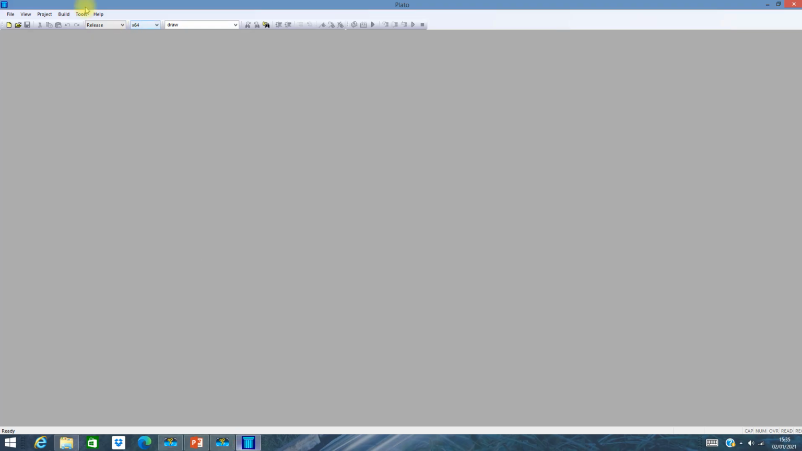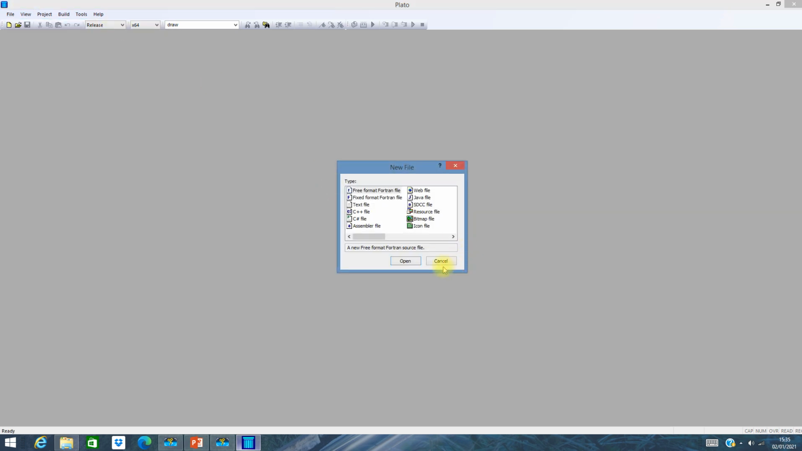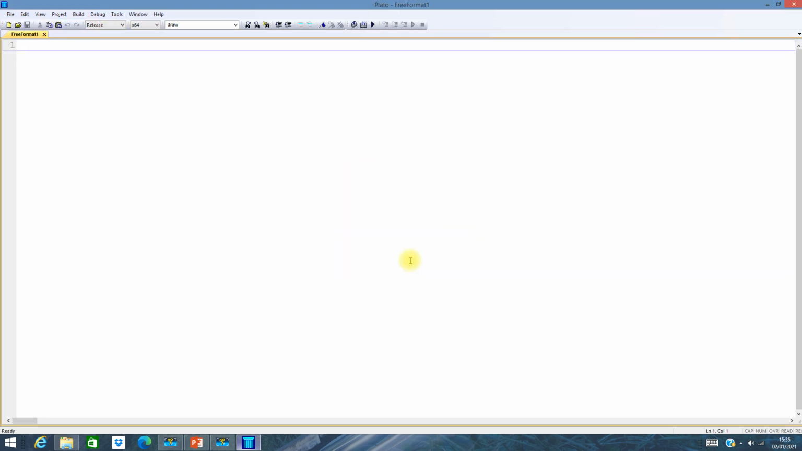So I'll begin by creating a new file, and for the purposes of this demonstration I'm going to use a module, and all the variables and functions are going to be stored in that module. So I've created the module demo mod,